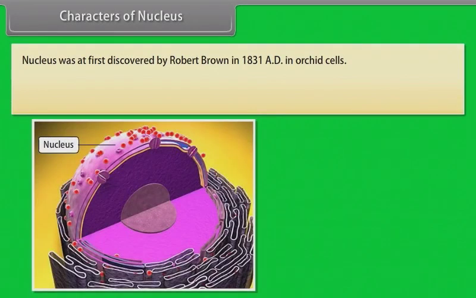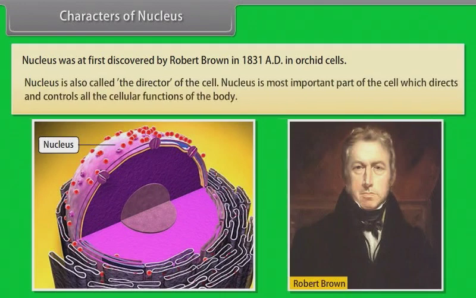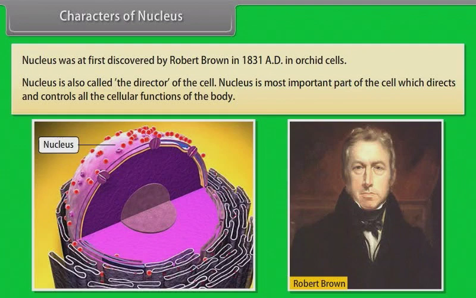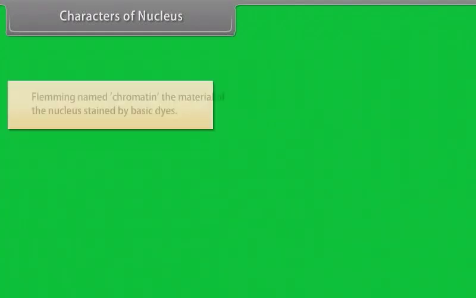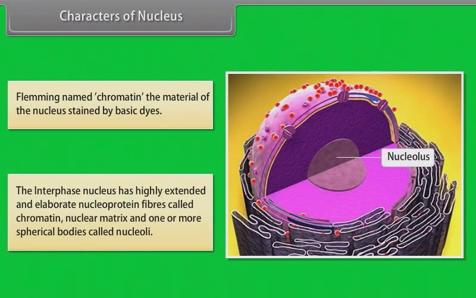Characters of nucleus. Nucleus was at first discovered by Robert Brown in 1831 AD in orchid cells. Nucleus is also called the director of the cell. Nucleus is the most important part of the cell, which directs and controls all the cellular functions of the body. Fleming named chromatin the material of the nucleus stained by basic dyes. The interphase nucleus has highly extended and elaborate nucleoprotein fiber called chromatin, nuclear matrix, and one or more spherical bodies